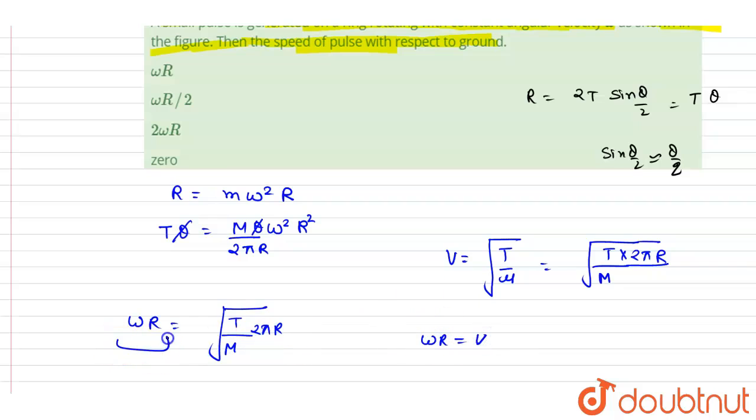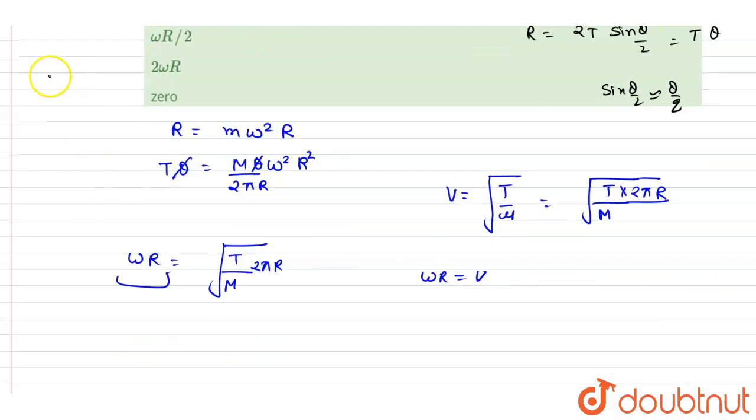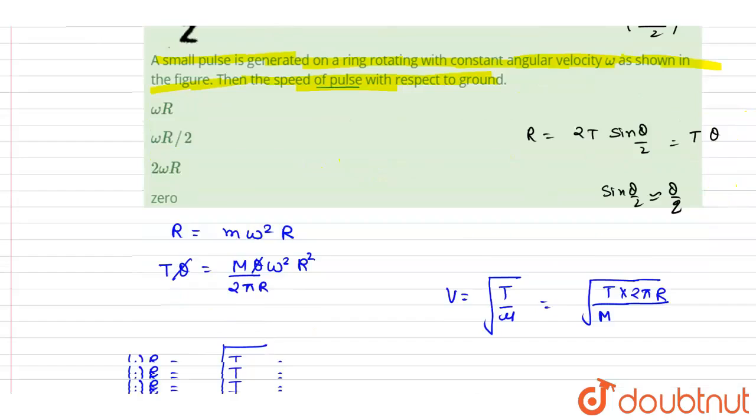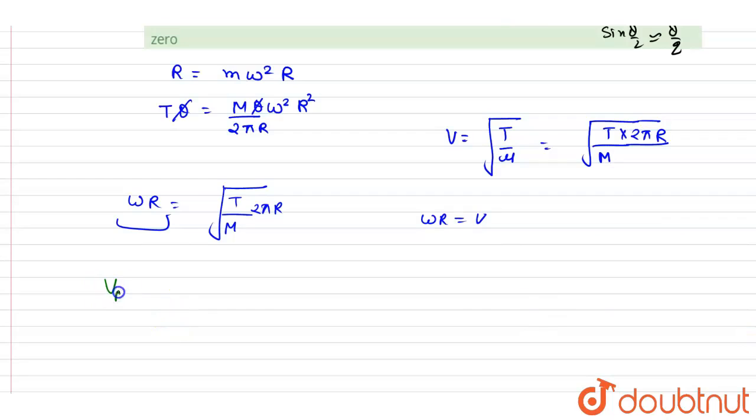And this was with respect to the ring. So the speed of the pulse with respect to the ring is omega r, and it has the same magnitude and is in the opposite sense as well. So speed of the pulse with respect to ground will be speed of the pulse with respect to ring plus speed of the ring,